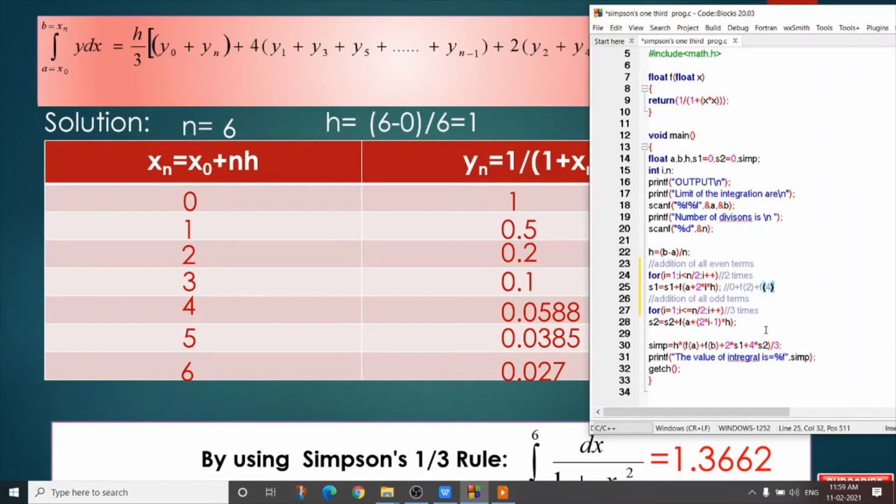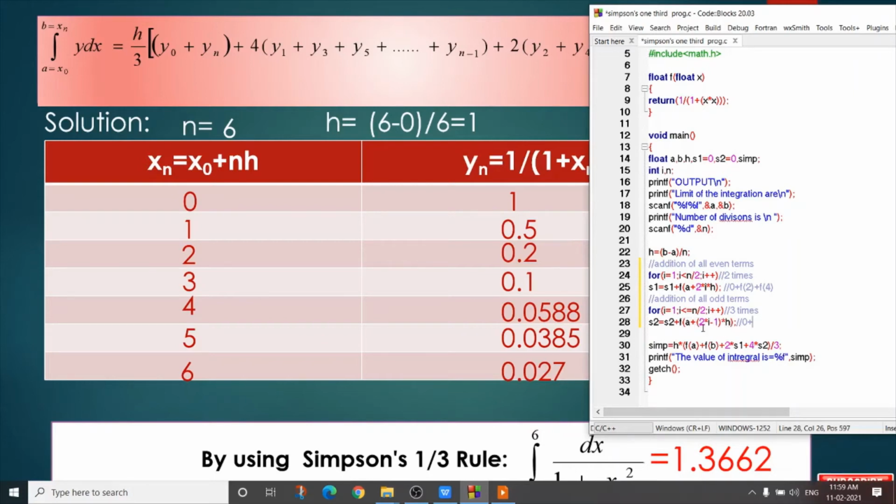In the same way we can also add the odd values of y. That is, the first time it is s2. We initialized s2 as 0. So it is 0 plus f of a plus 2 into i minus 1 into h. So 2 into i, the first time the value of i is 1. So 2 into 1 minus 1 means 1. 1 into 1, that is 1. The value of a is 0.